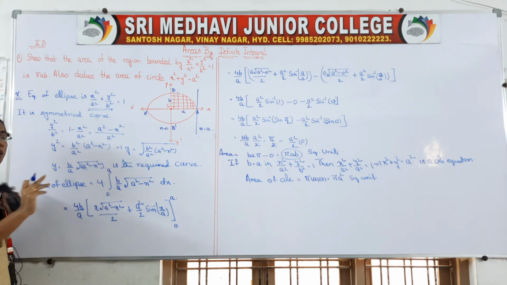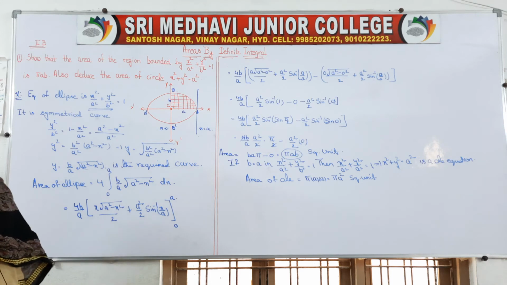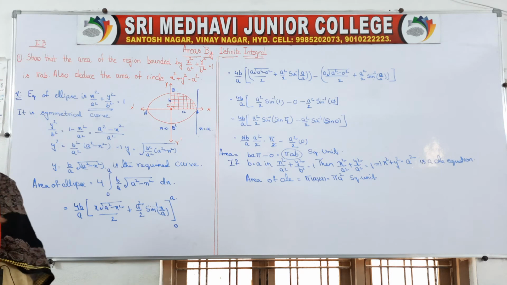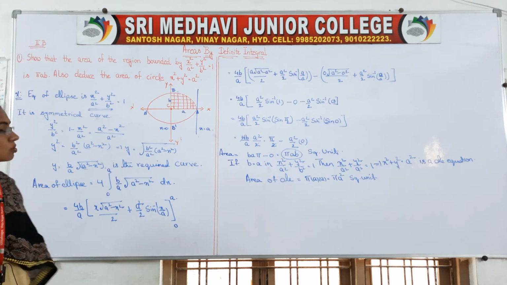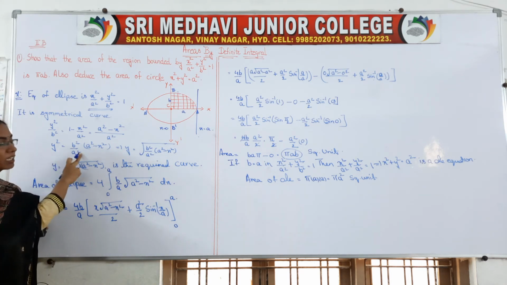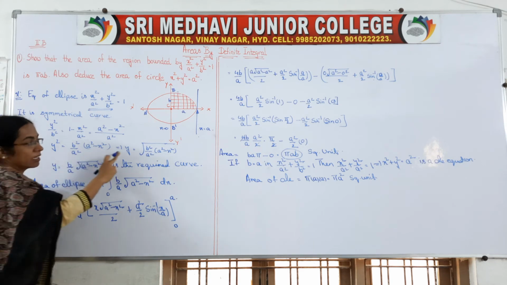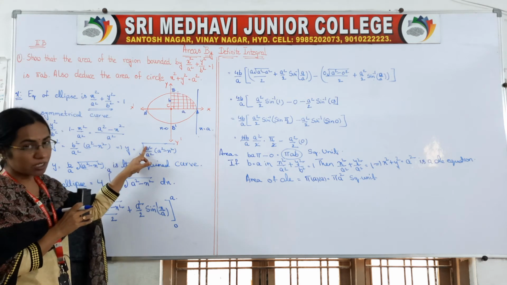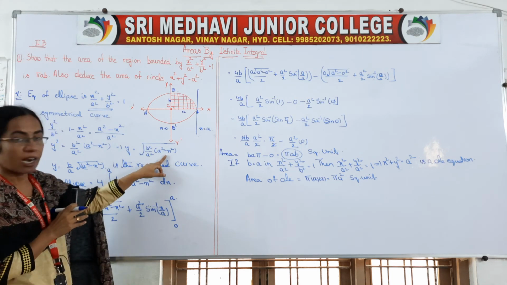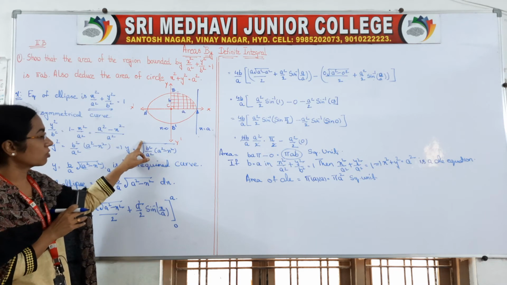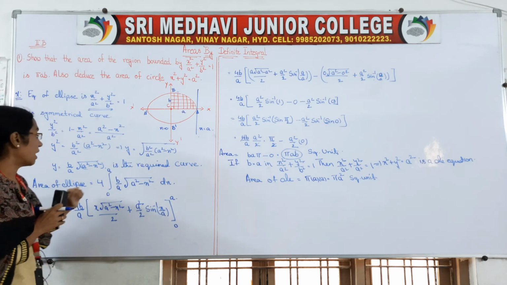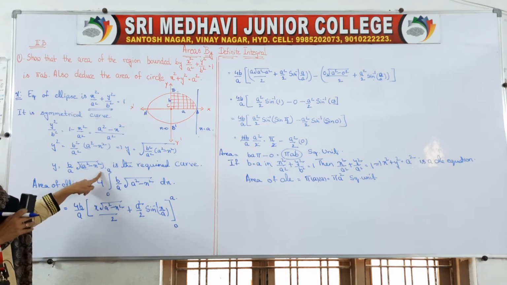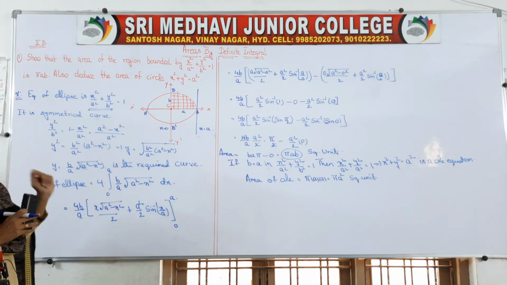So we want the curve, which means only the y equation. y is equal to something is called the curve, always, in solving our area problems. That's why we need y. So taking square root on both sides, then y is equal to this one. Now again taking square root separately for b square, for a square, and for this, the square root cancels. So it is b by a root of a square minus x square, the required curve equation.